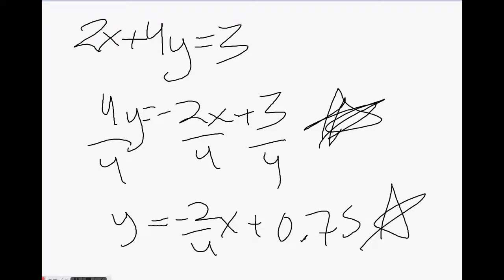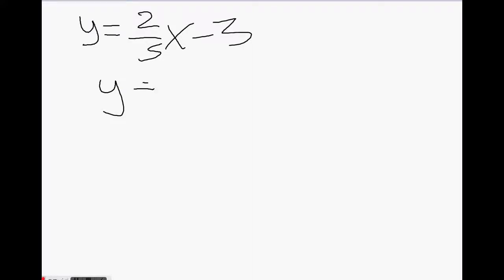Next is general linear form, which we just did. With general linear form, we need to get everything set to 0. So the form is y equals 2x over 5 minus 3. We gotta get rid of that 5, so it's going to be y equals